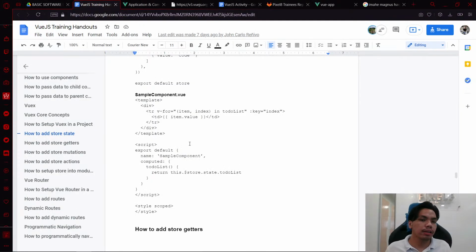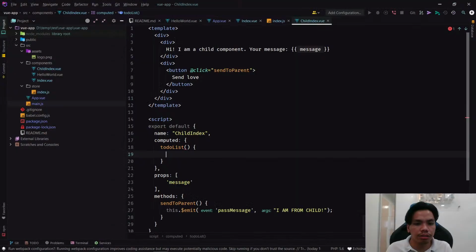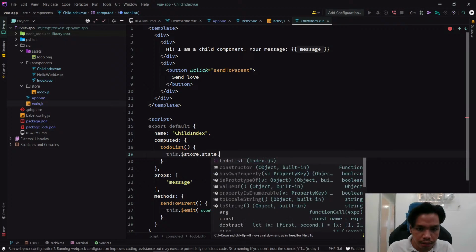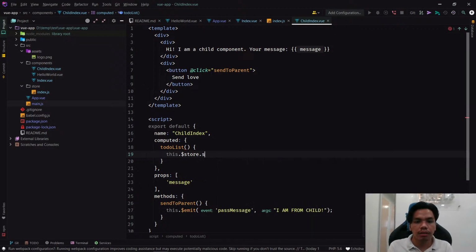So what we're going to do with our computed is get the value of the store, right? One way of accessing the store is by using the $store. That is one way of accessing the store values. So let's say state. So at this point you access the store, right? So again, to remind you,